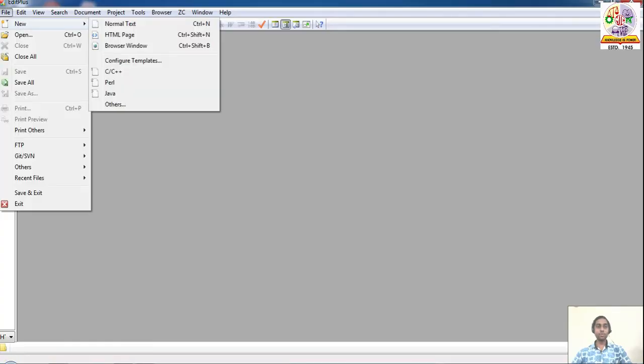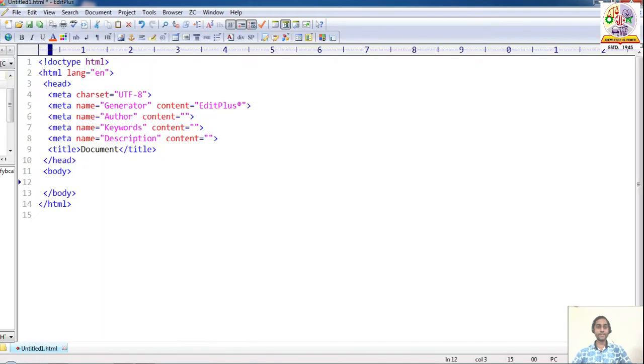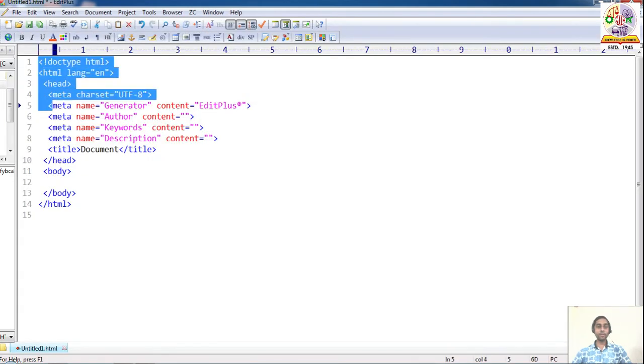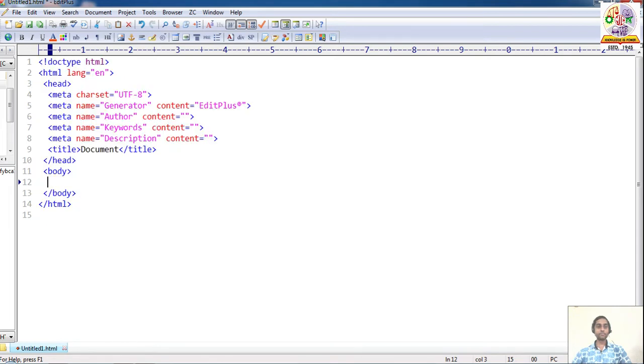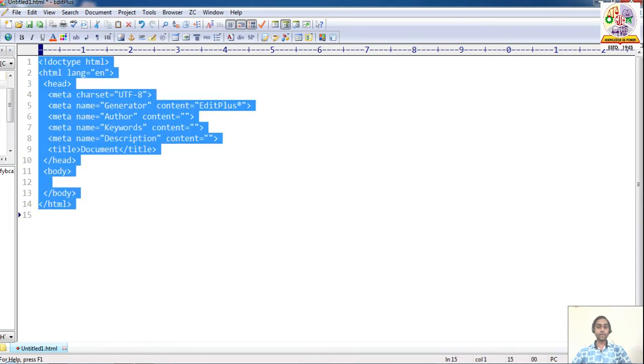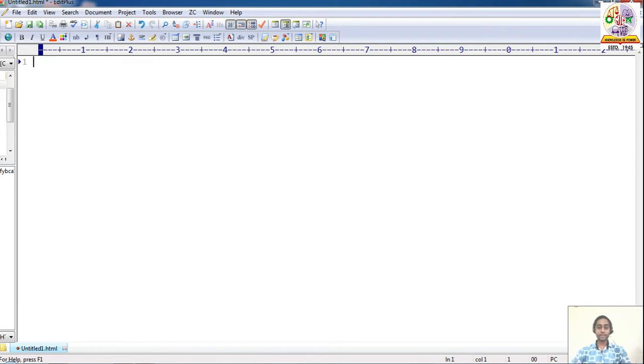File, New, HTML page. These are ready-made or predefined tags for us. We can also define our own tags.